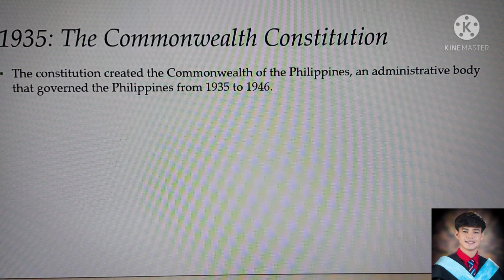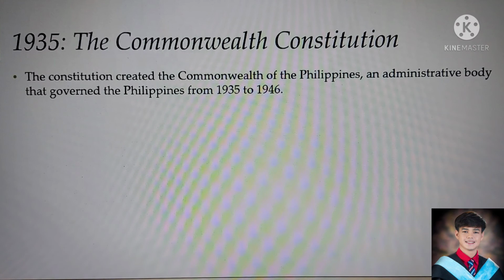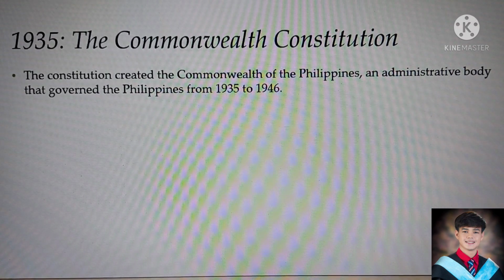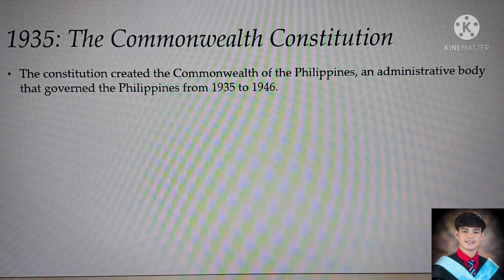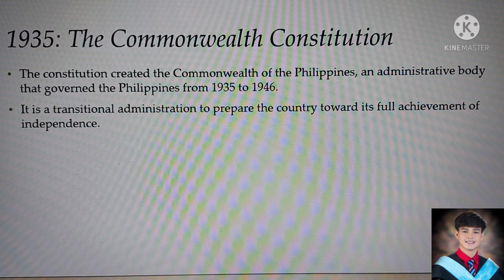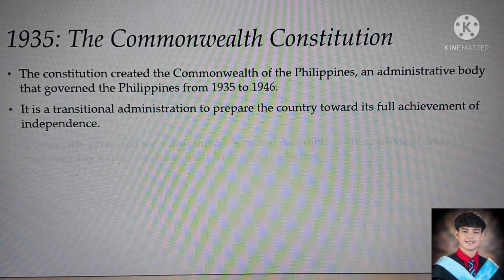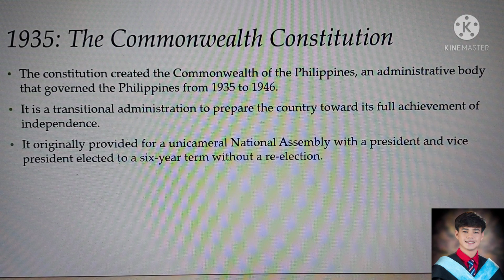The Constitution created the Commonwealth of the Philippines, an administrative body that governed the Philippines from 1935 to 1946. It was a transitional administration to prepare the country toward its full achievement of independence. It originally provided for a unicameral National Assembly with the President and Vice President elected to a 6-year term without re-election. So, una nilang napag-usapan kasi